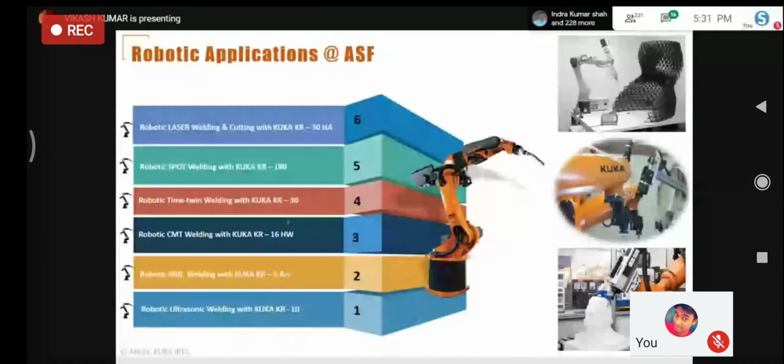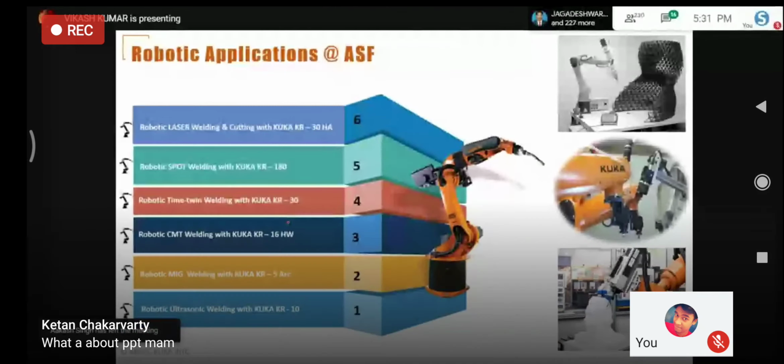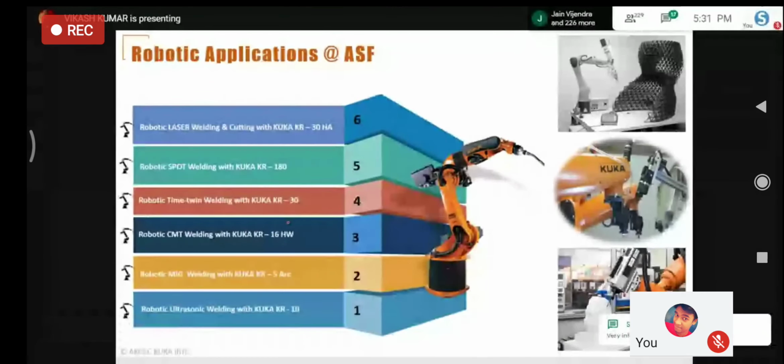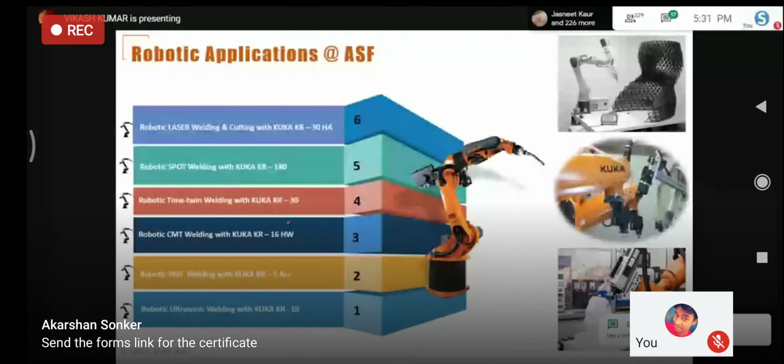So we have a complete range of welding applications, because as you have already seen, more than 30% of robots are used in welding. And apart from that, we also have some good upcoming applications like robotic 3D printing, which you can see in the top corner, then robotic vision, robotic deburring, robotic milling. These are the applications that we have here at our center.